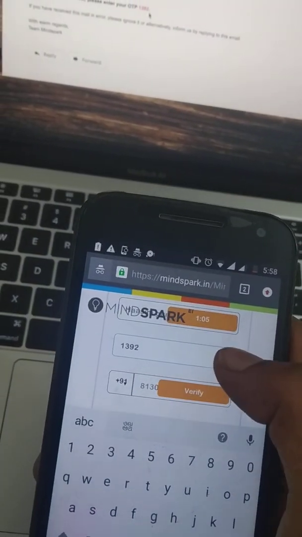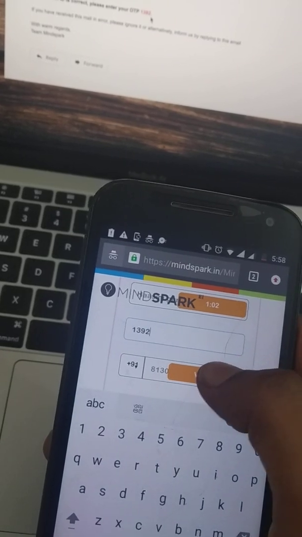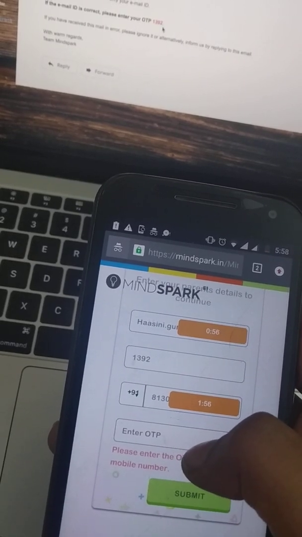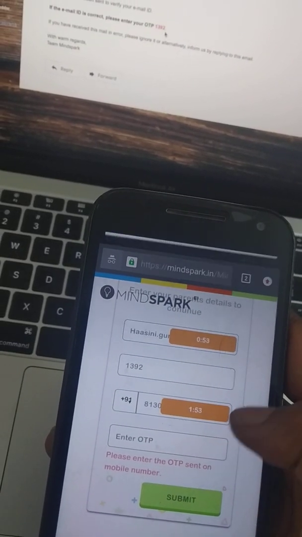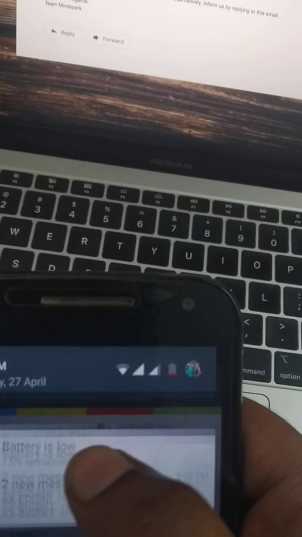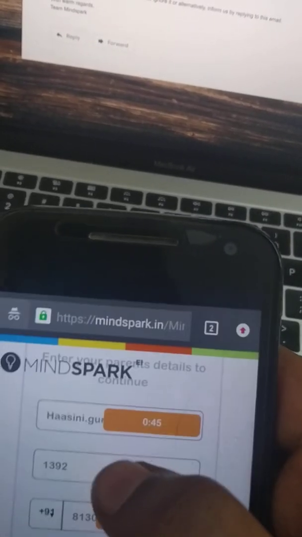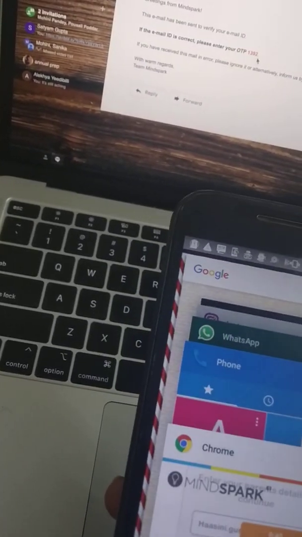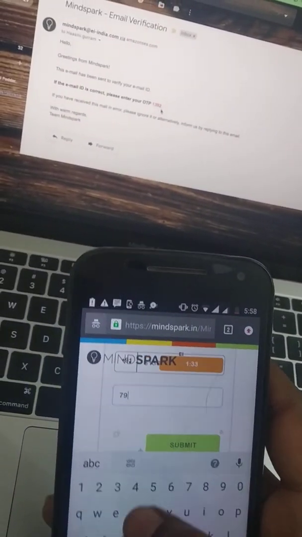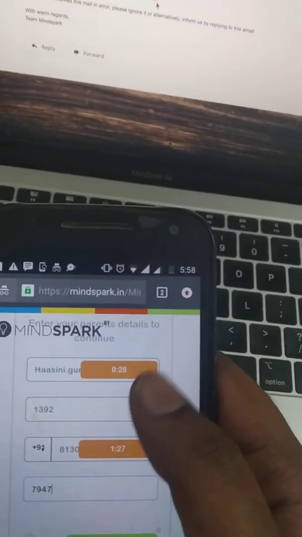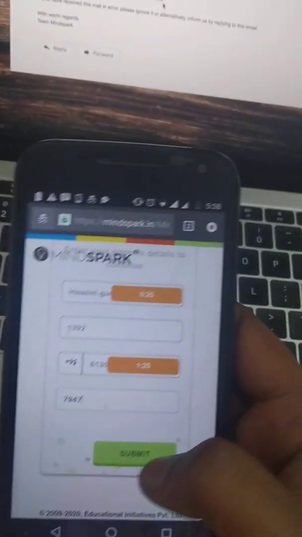Done. After doing this, now I am going to click on this button. So this is giving me another code and it is asking me to verify. I will be getting a message to my phone. If you see, I just got a message. I'm quickly going to the message. In the message, if you see the code, it is 7947. Just give me a minute. So I'm going to type 7947. Yes. Now the time is left, right? Within this given time, I have to type the code and I have to click submit.